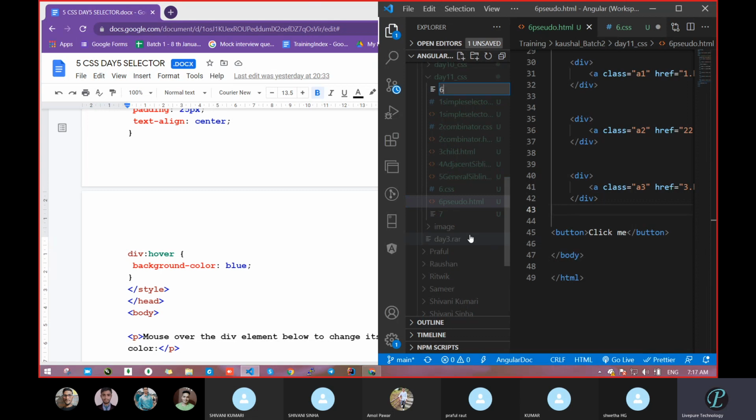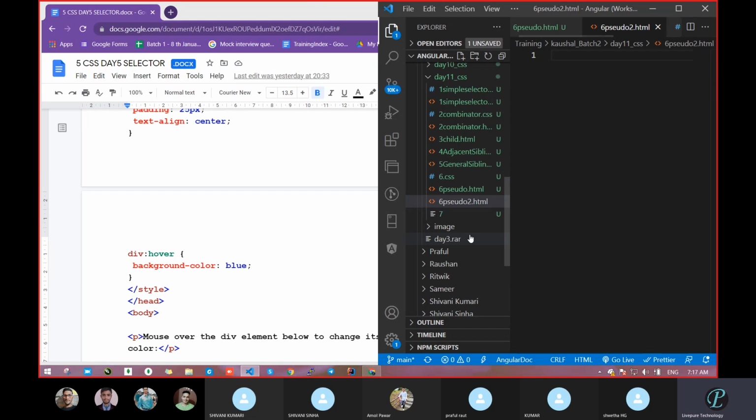Try to get clearance regarding pseudo 2 dot html. Try to get clearance regarding all tags.